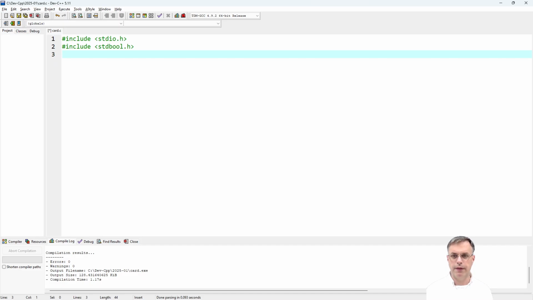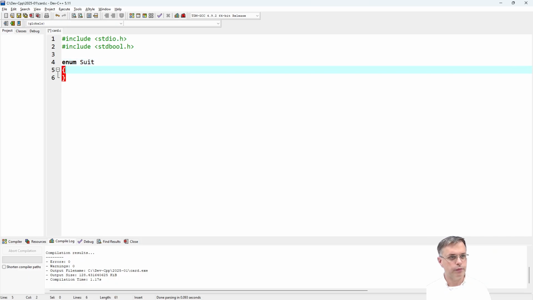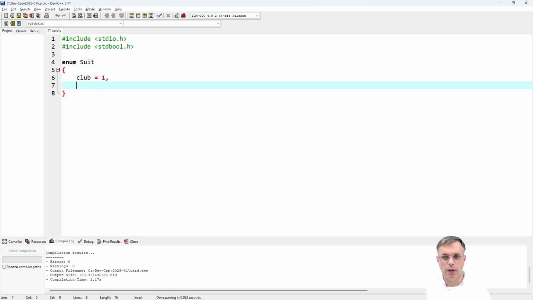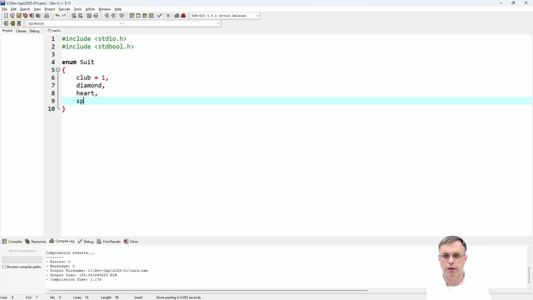So let's continue with our enum suit here. And then club is 1, comma, diamond. Then we have heart, spade,